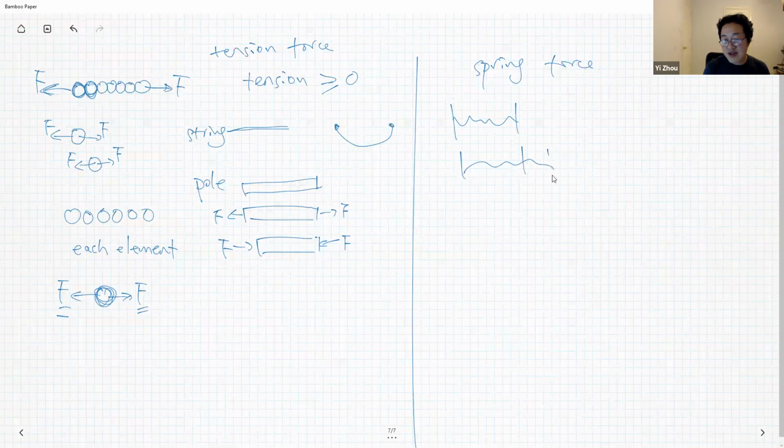If we stretch a spring, this is a relaxed spring. When we stretch it by a delta x, the tension in this spring is basically a constant times